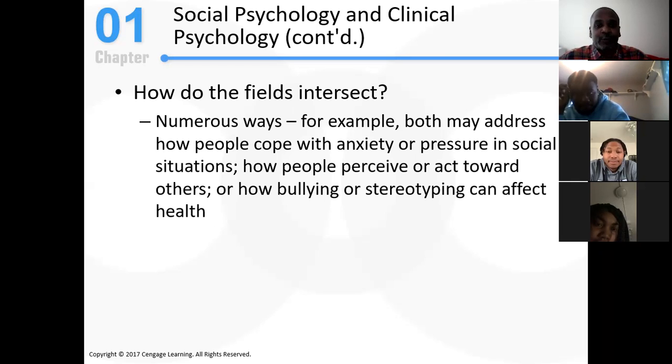PTSD, Michael, is a really new phenomenon, but it ain't new. Like, people in World War II, our granddaddies and stuff like that, they may have fought in wars. They saw some really crazy stuff, but they were taught back then, you just suck it up and don't talk about it. So we know that that's not natural, to see things that are really traumatic and really messed up and it not have an effect on your psyche. So one of the things that also needs to be studied and looked at more is that it ain't just military veterans that deal with PTSD.